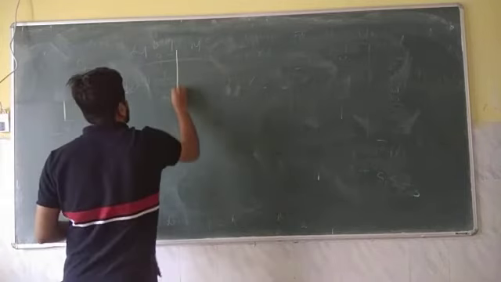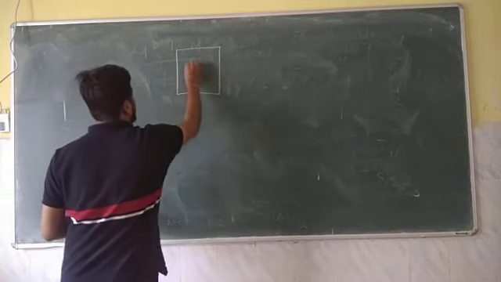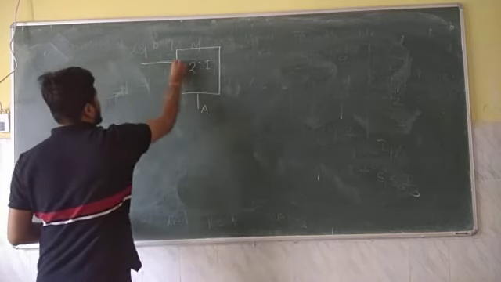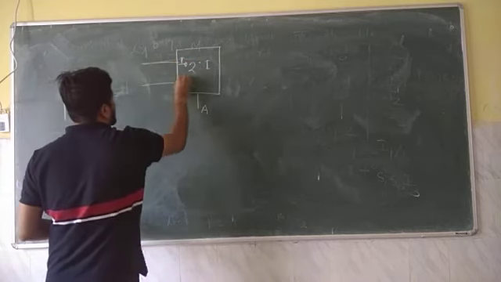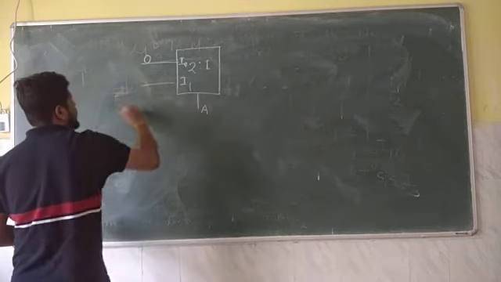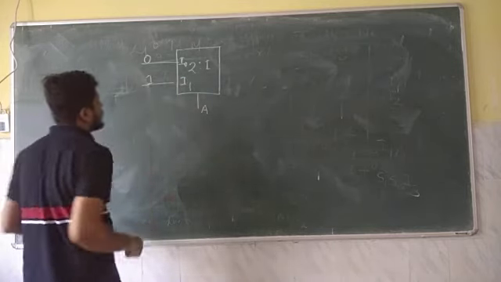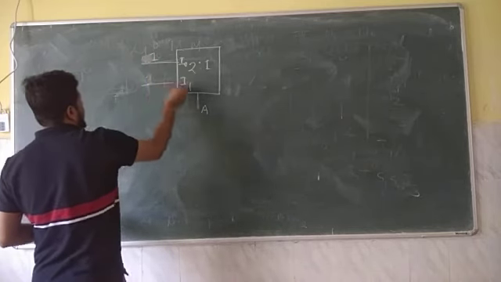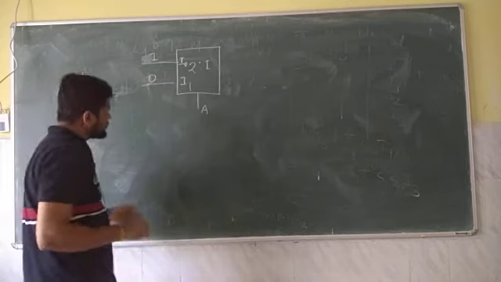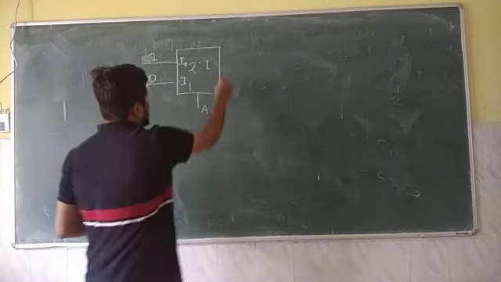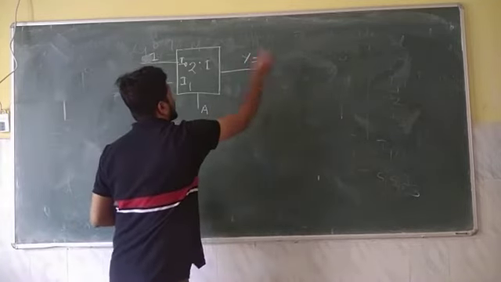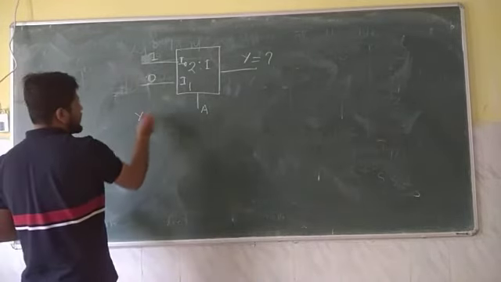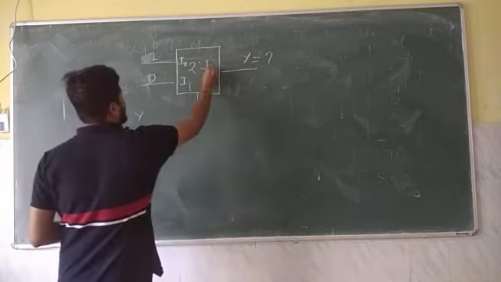One question. The question will be given like this. Suppose you have a 2:1 mux, and we have a selection line as A. Here I0 and I1. The data connected with I0 is 0 and I1 is 1. Sorry, I0 is 1 and I1 is 0. Then what will be the output? So now how to write this? So first this is a 2:1 mux.